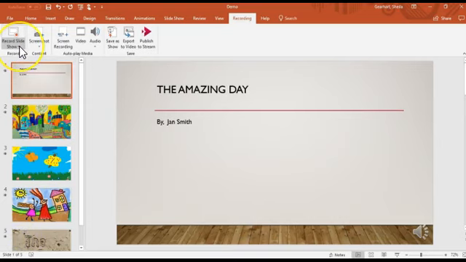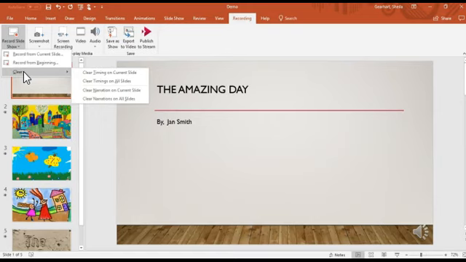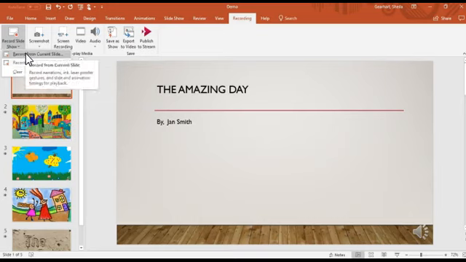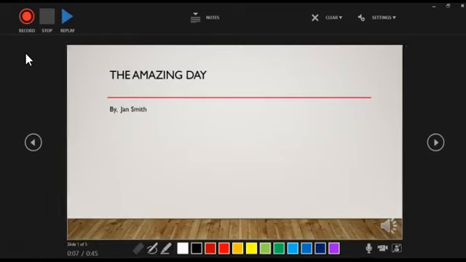So we're going to press this drop-down menu from Record Slideshow, and you'll see how it gives you two options. You can also clear any recordings that you may have previously made and start from scratch. We're going to start from this current slide. So when I click that, you'll see how the screen changes, and now I'm going to go over the different